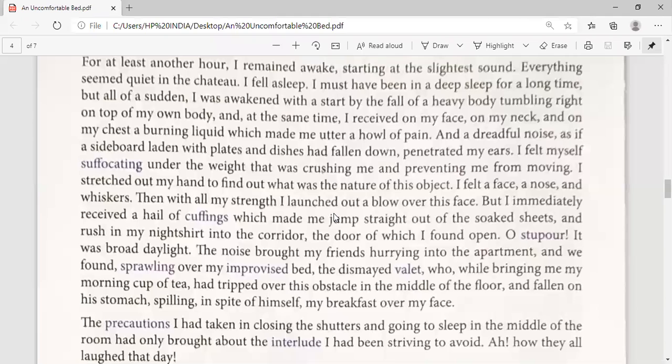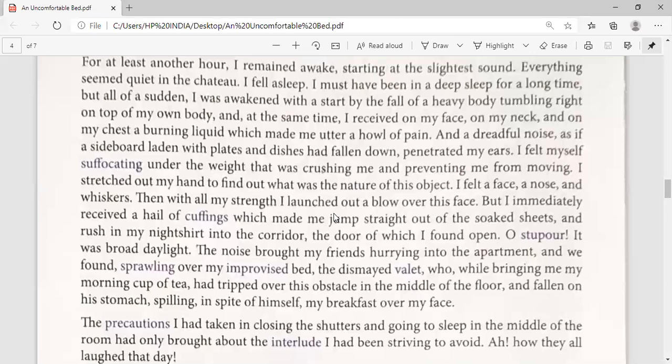But all of a sudden, I was awakened with a start by the fall of a heavy body tumbling right on the top of my own body, and at the same time I received on my face, on my neck, and on my chest a burning liquid which made me utter a howl of pain, and a dreadful noise, as if a sideboard laden with plates and dishes had fallen down,